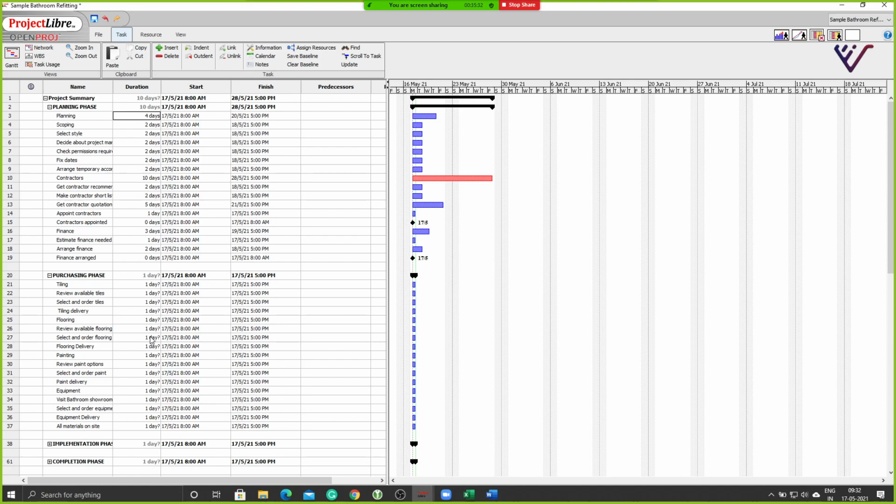Understood. Venu sir, I have a question. You have allocated the planning phase as 10 days, right? No, I have not allocated the planning phase as 10 days. I have only given the number of days required for each of these different subtasks. Right now the program is considering that as 10 days because the maximum activity here is contractors, which is 10 days. I have still not connected each of these activities yet. Once I do that, the planning phase number of days will increase. This is right now auto populated.